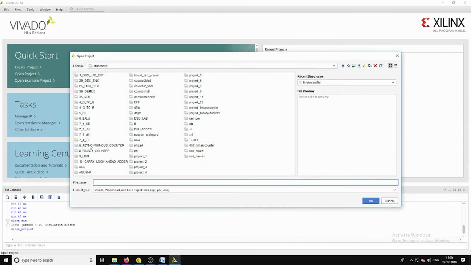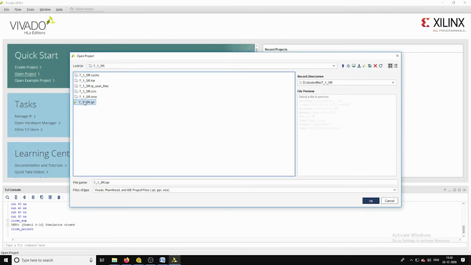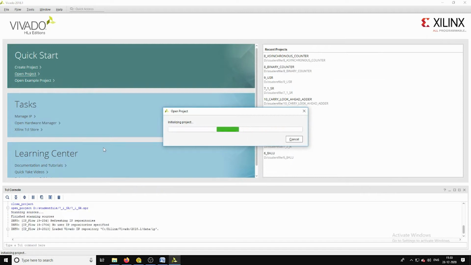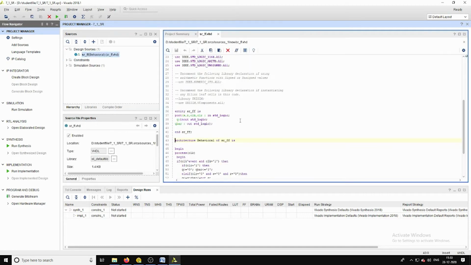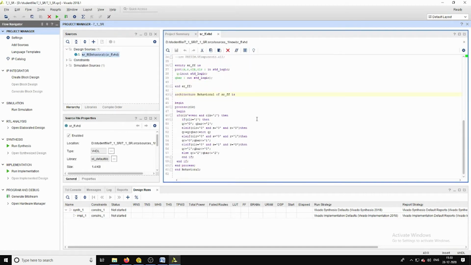Now let us see the SR flip-flop, and by using the behavioral style of modeling, I have written this code. The inputs are primarily set and reset, the clock and clear. Outputs are the Q and Q bar. And here the logic is,